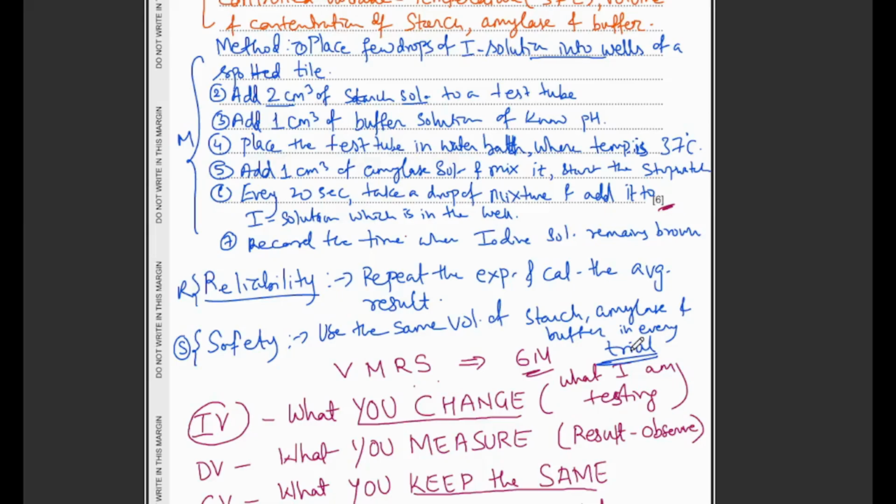Some of the students will write wear goggles, wear gloves, wear coat and all this thing. They are not relevant to the experiment here. Whatever is relevant to the experiment, that safety should be mentioned, and here the volume of the starch, amylase and buffer in every trial should be same, or use of a dropper should be different whenever we are following the steps here. So this will give you complete 6 marks, and we have covered